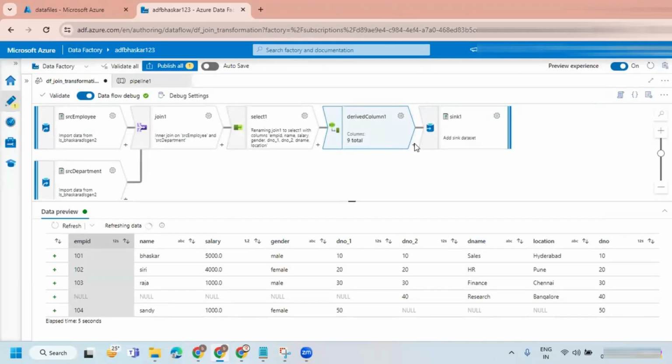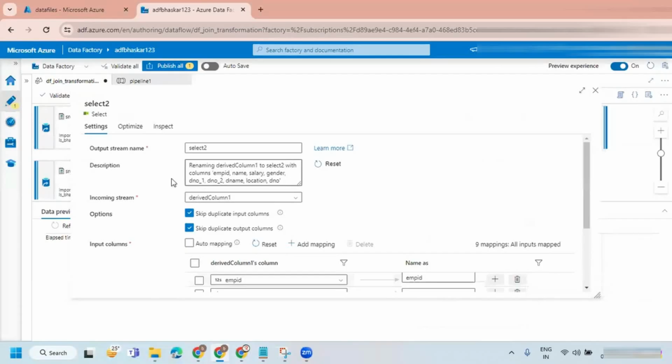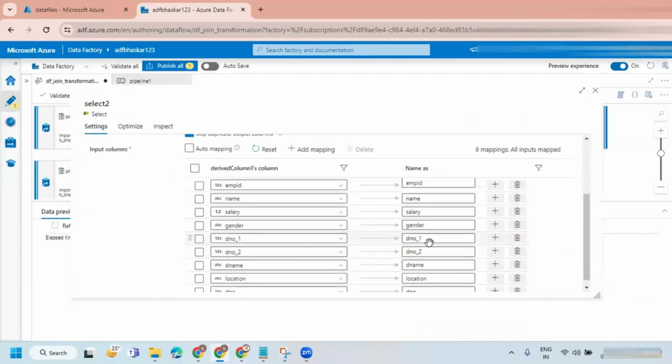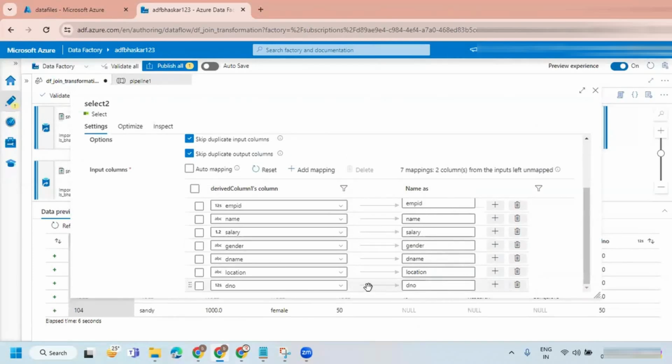And then we have to take a select transformation here to take only the required columns again. So here I don't need depart number 1 and depart number 2. I'm just going to move this column up. The position I'm going to change. Okay, it is already moved.